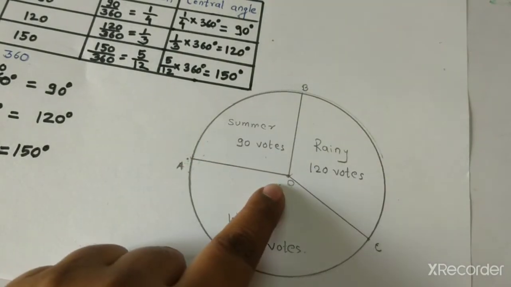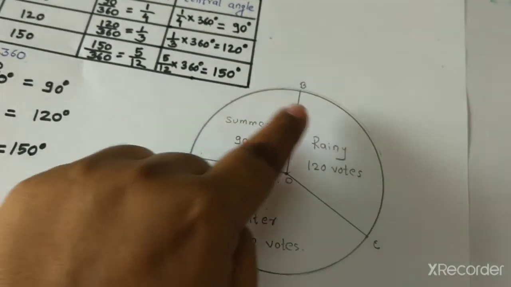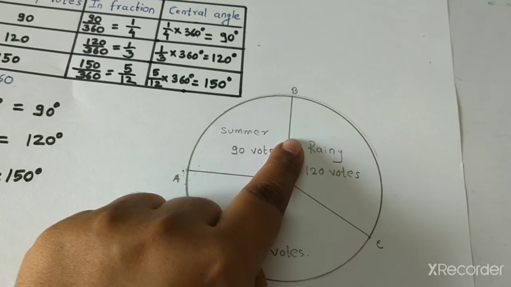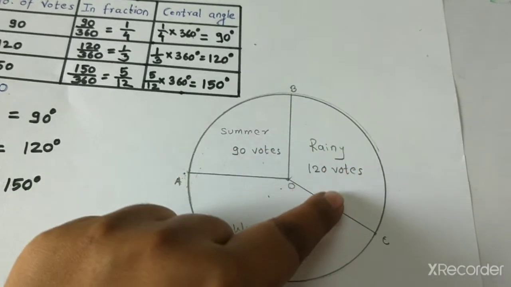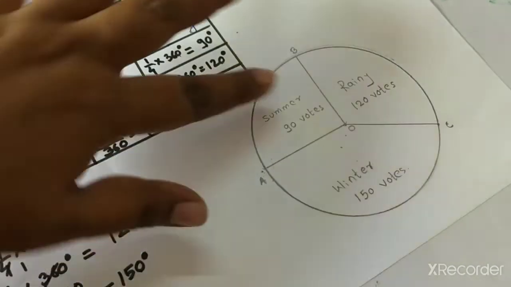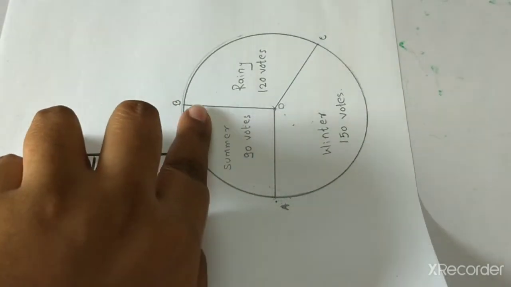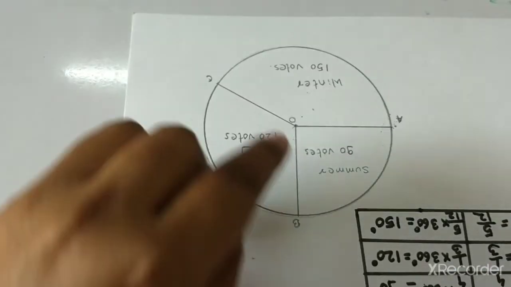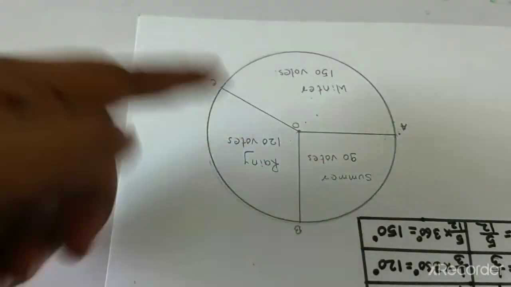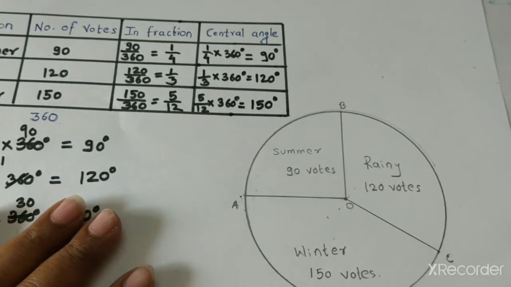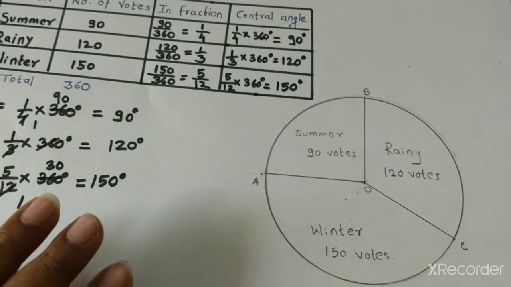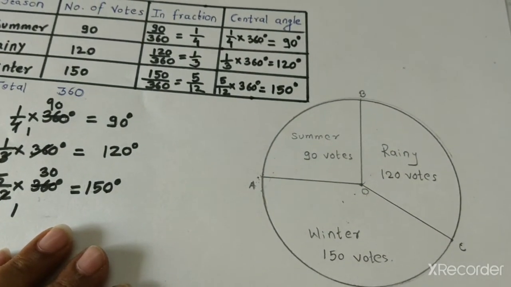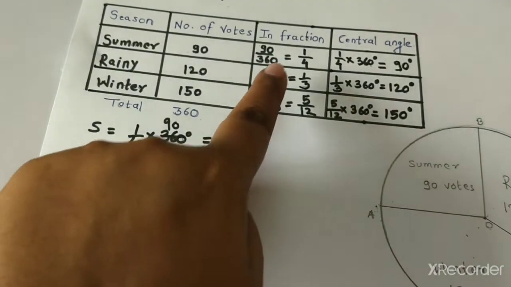So draw one baseline, start with that. Draw the first angle of the sector. Then when you get the second one, you can take it as your next baseline. When you get the third one, keep rotating your figure like this. Take the baseline, then the next one, take this as a baseline and keep on drawing like this and complete your circle, children. There may be 3 sectors, there may be 5 sectors, there may be 8 sectors. No need to worry. Keep on drawing. You will get all the angles properly. I hope this is very much clear how to find the fraction.